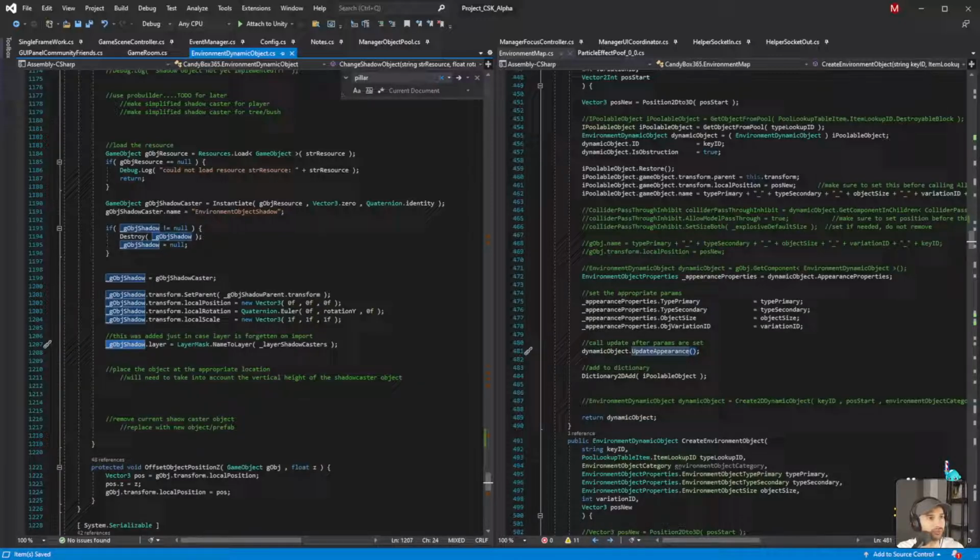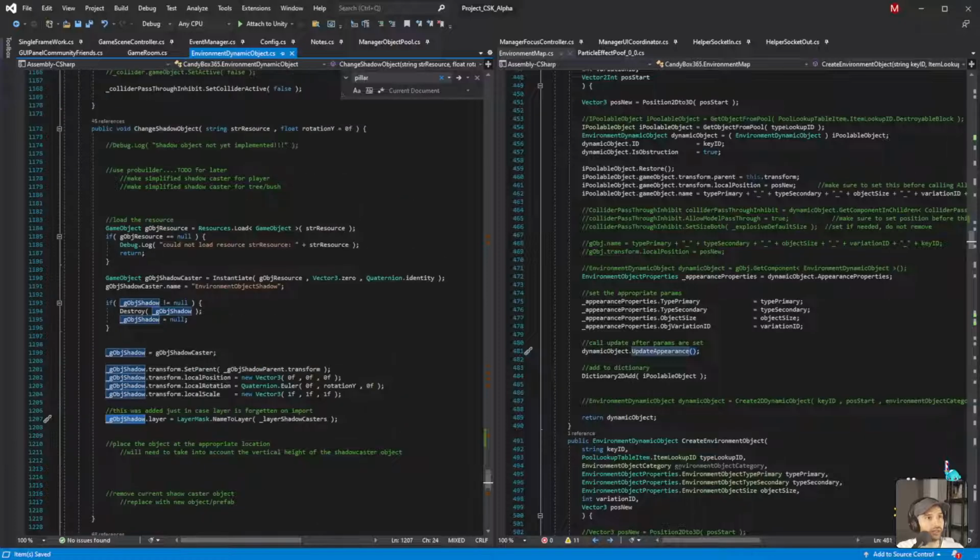No, it defaults to 1, 1, 1. What we can do is pass in an optional parameter of float scale equals 1f.